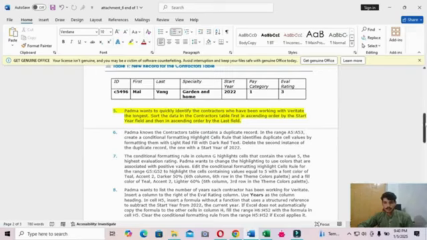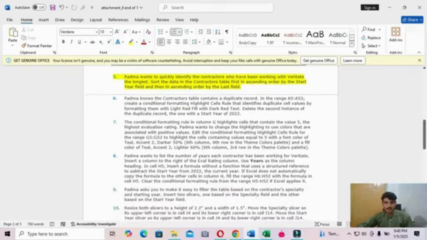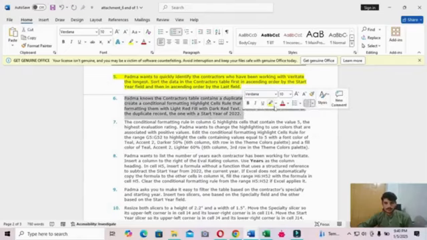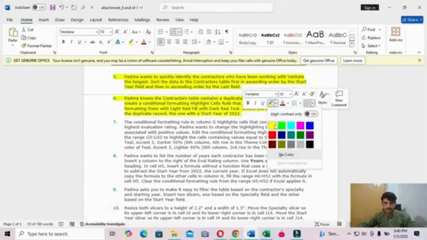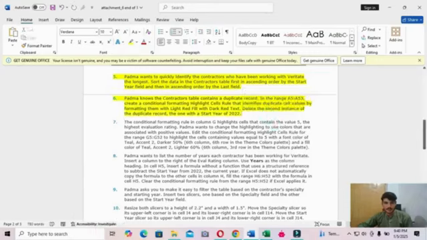Next step, step 6. Padma knows the Contractor table contains a duplicate record in the range A5 up to A53.